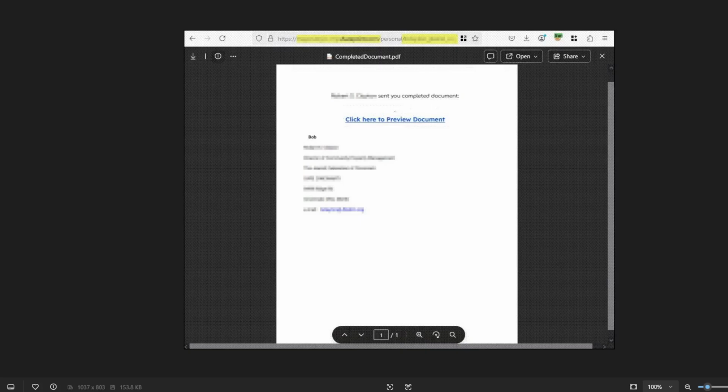So someone is more likely to click the link and fall for a phishing attack because it came from someone they know and trust. And again, the person that sent it is the type of person that potentially would send the email that I received. Going through this attack, you see that it tells you somebody completed a document, and that link, click here to preview document,